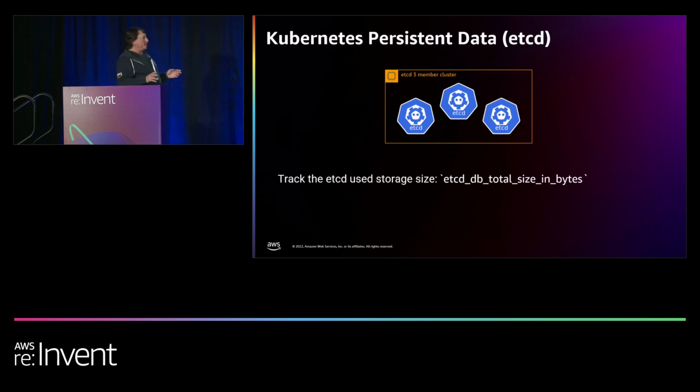The default storage size for etcd, if you were to just take it off the shelf and run it in your own Kubernetes cluster, is 2 gigabytes. Every EKS cluster that we create runs an etcd cluster with 8 gigabytes of storage built into it. Now, what does that mean to you practically? Well, you can have hundreds of thousands of objects in an EKS cluster with an 8 gigabyte data store without